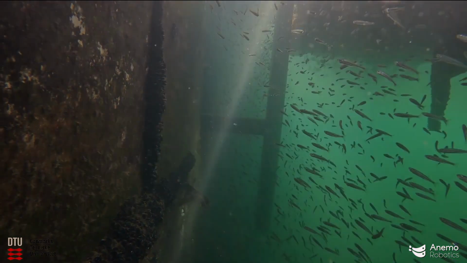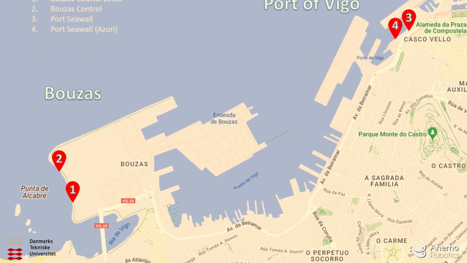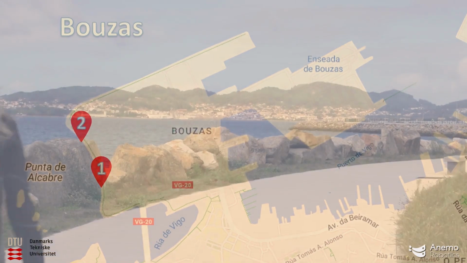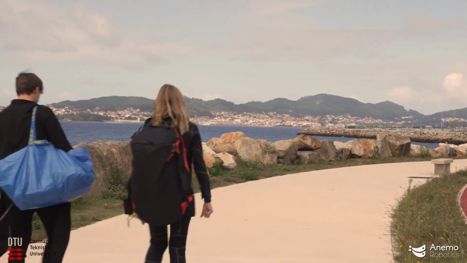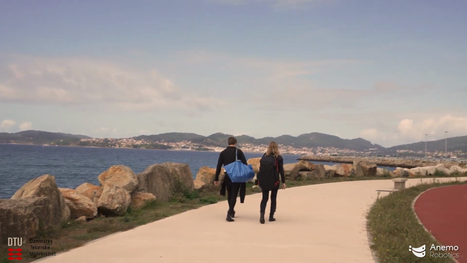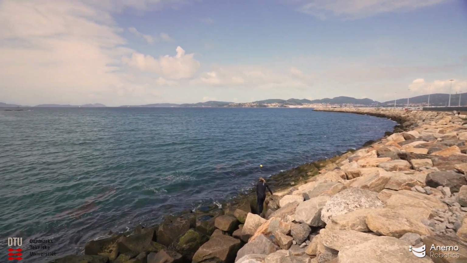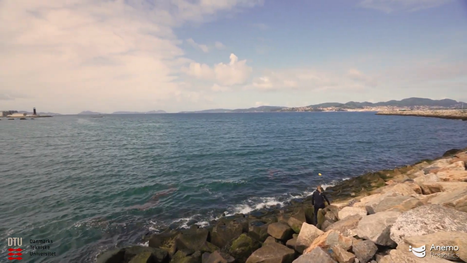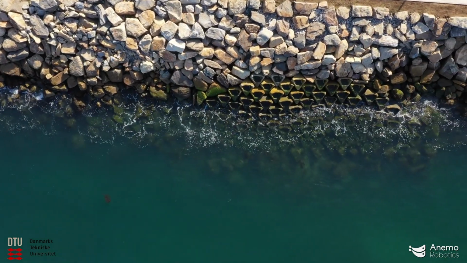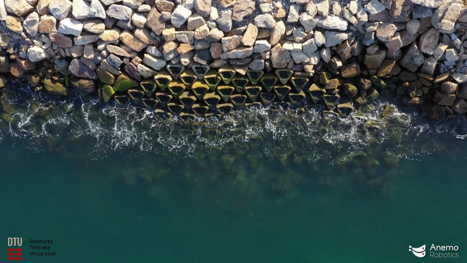Next up, we're going to Bouzas. Bouzas is an artificial peninsula that is an extension to the port of Vigo. It reflects a piece of coastline that is more or less directly facing the Atlantic Ocean. At Bouzas, we find these so-called coastal locks that are designed to serve both as a means of coastal protection while also enhancing biodiversity. And a distinct feature of these coastal locks is that they hold a pool of water